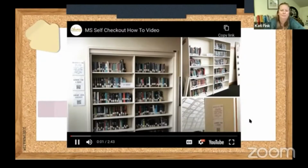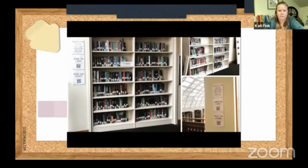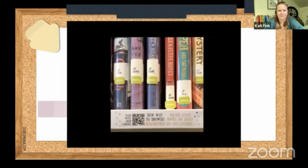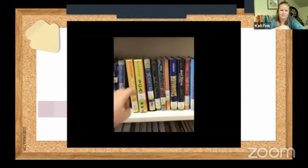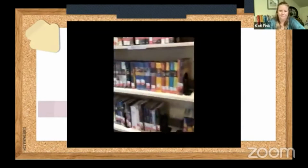Hi HB, welcome to the new location of the Juvenile Fiction Collection. You will be able to search for your favorite genres outside the 6th grade neighborhood, the 7th grade neighborhood, and the world language room. If you find a book that interests you, use the code on the shelf to scan into the library catalog and look up the title and the description of the book. If you decide it's a book you would like to read, go ahead and take it off the shelf. Once you've made a selection, it's time for you to check out the book. Go over to...